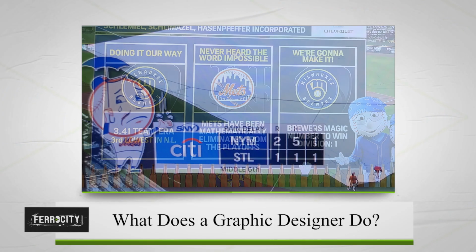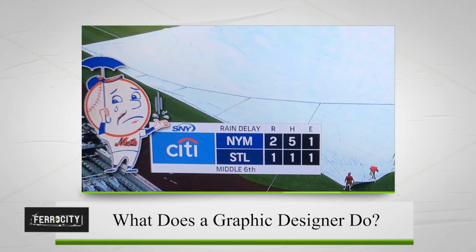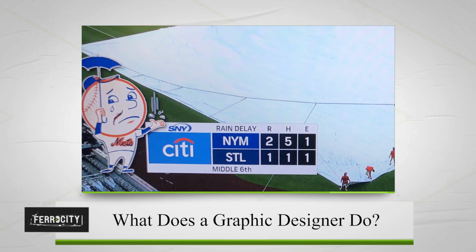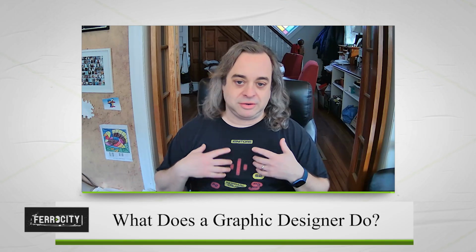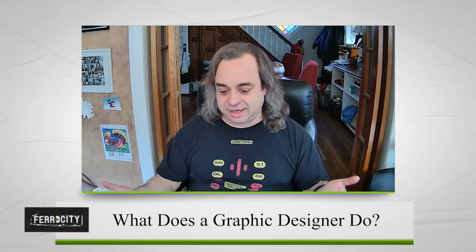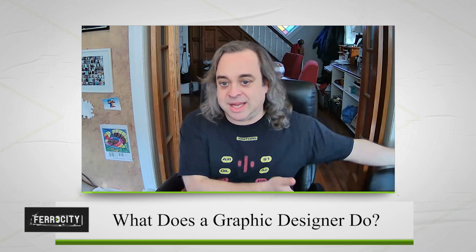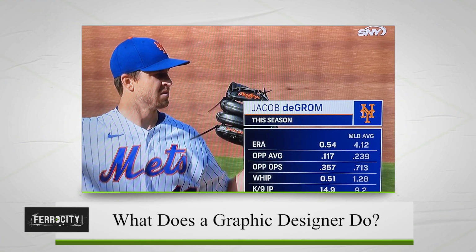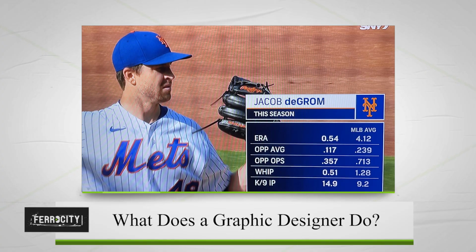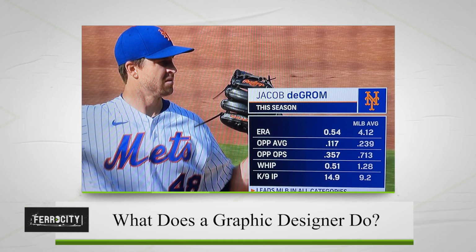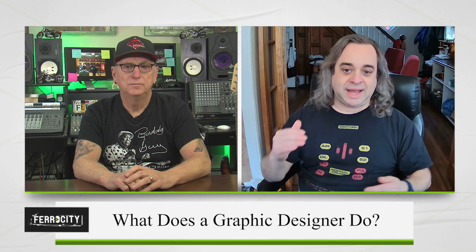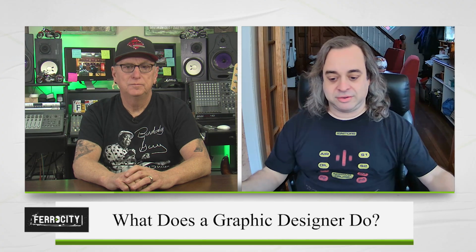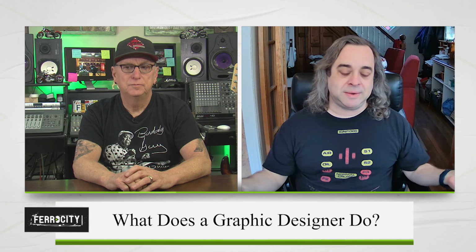And depending on the job, sometimes they'll give me very specific things, and sometimes they'll give me a sketch and say, have at it, and I'll do a lot more of that myself. But either way, I assemble all of these elements into the graphics package that's going to have all the templates that we think you're going to need when you get to the truck. So all the different varieties of lower thirds with 2 rows or with 3 columns or 5 columns or whatever. And the same thing with full screens, with a headshot, with 2 headshots, with different combinations of rows and columns. And I'll come up with all the different formats of templates that we're going to need, and also ways to populate those things, because again, there would be too much.